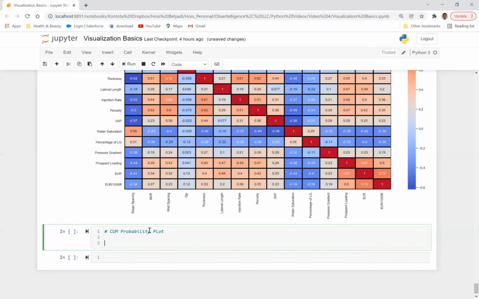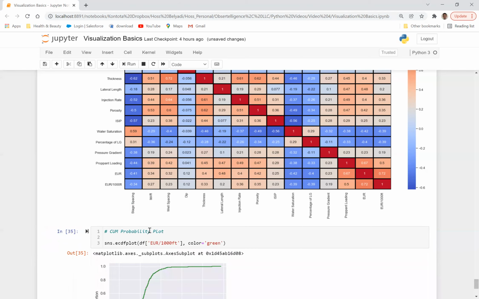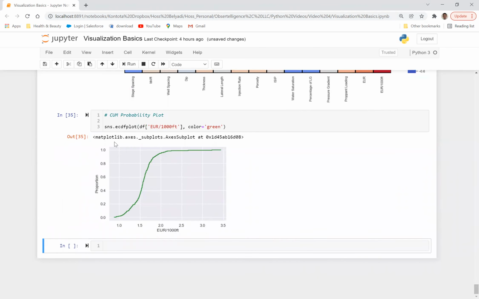Let's say sns.ecdfplot, and then we'll just pass in df. Let's just pass in EUR per 1,000 feet. And then as far as color goes, we'll just say green for now. So here we go. So you can see here the cube